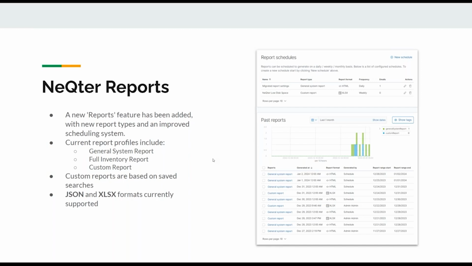So I'm just going to take a quick aside. I see a question in right now from Mark. Will there be SSO to NeQter anytime soon, or LDAP integration would be fine too? So good thing, Mark, LDAP is already an option for you to set up with NeQter.